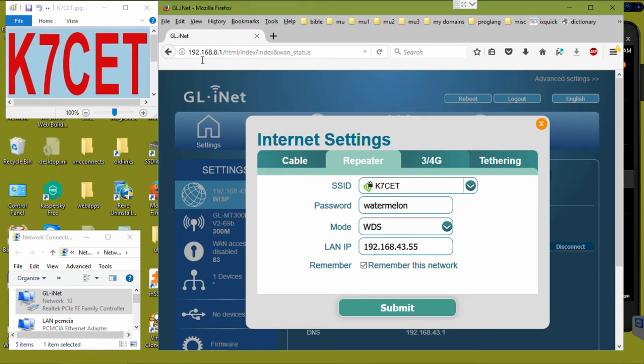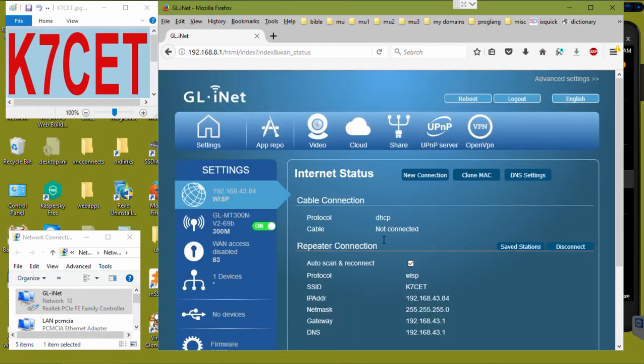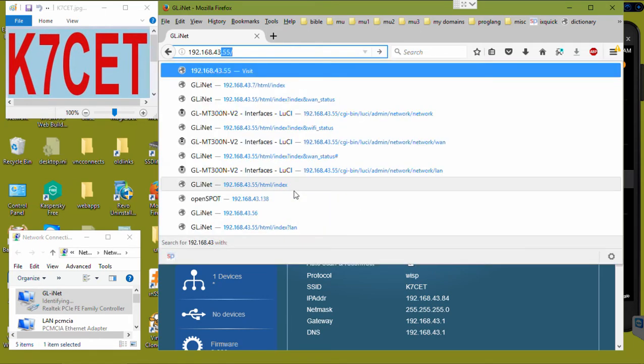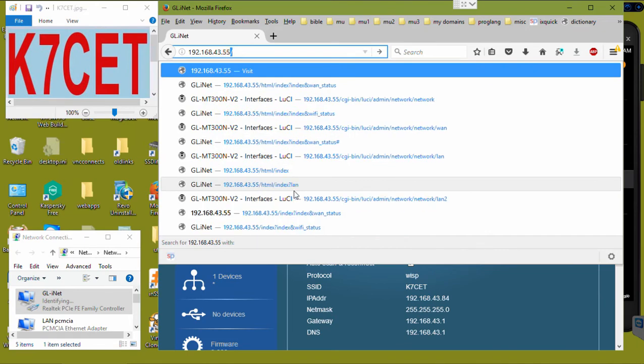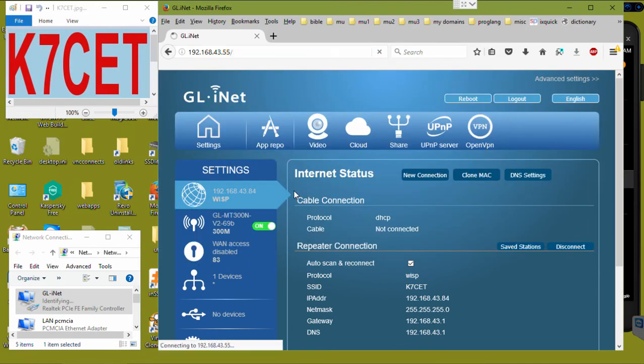It's easy to do. So once you do that, then the LAN IP address is going to be this right here. Instead of 192.168.8.1, it's going to be 192.168.43.55. So once I hit this, we're not going to be connected in this web browser anymore. So what we have to do is change this address to .43.55, hit enter,